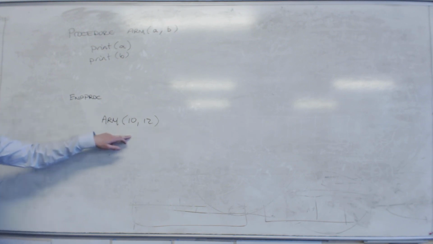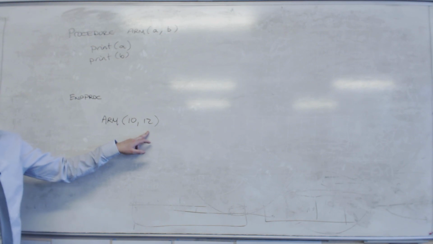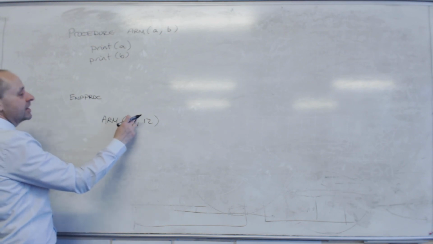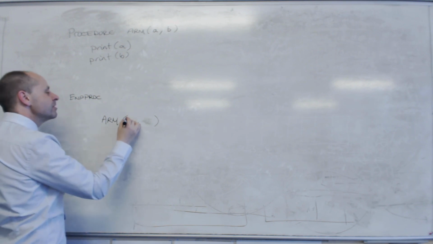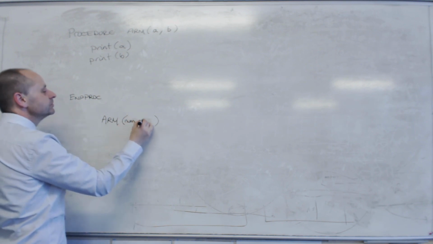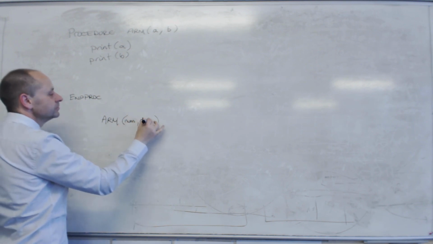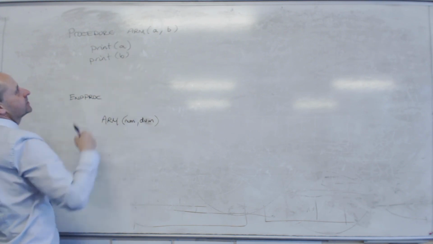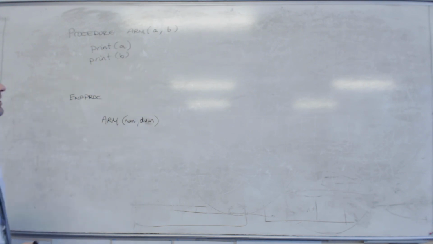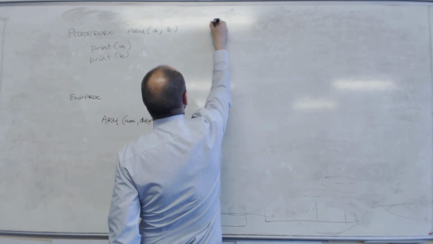This will be calling the procedure. So we put the name of the procedure and we give it its parameters. Those parameters can be just values, or they can be variables. So a variable called num and a variable called dum. The values of those 2 are passed to the procedure. The only difference between a procedure and a function,